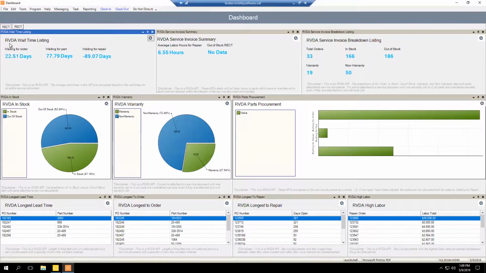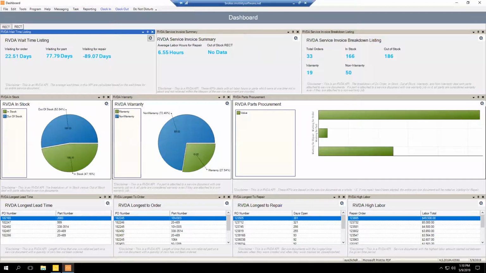Over here you have your RVDA wait time listing, where you have your waiting for order, waiting for part, and waiting for repair. And then it gives you a number of days in here. And this is just an average. If you read the disclaimer, it says this is an RVDA KPI. The average wait times in this KPI are calculated based on the wait times for an entire service document. So like I said, it's an average that's happening. And as far as waiting for order,